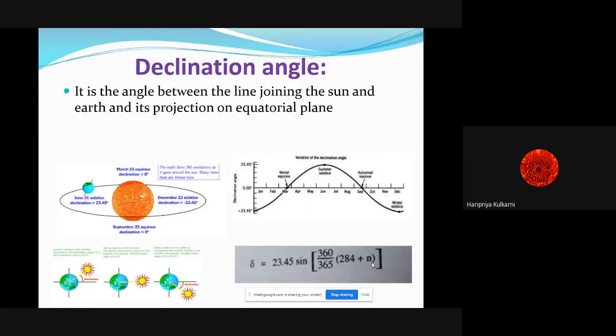For example, we are calculating the declination angle, say on 10th of January. So the number of days we have to calculate. The number of days is 10 for January, so we will put 10 here and find out the delta. Suppose it is 10 Feb, then 31 days of January plus 10 days of February. That way, the number of days will be calculated. When we solve the numericals based on this, we will again go in detail with the application of this formula.